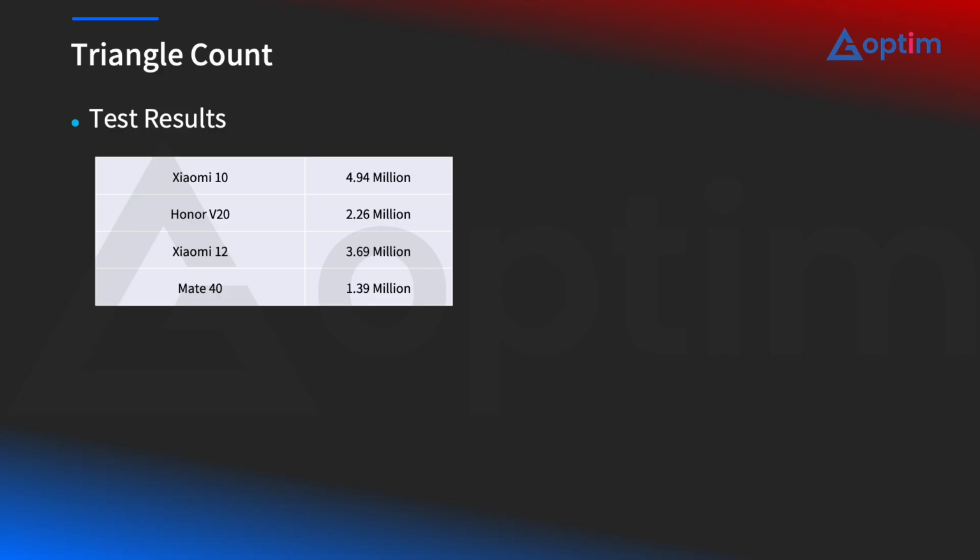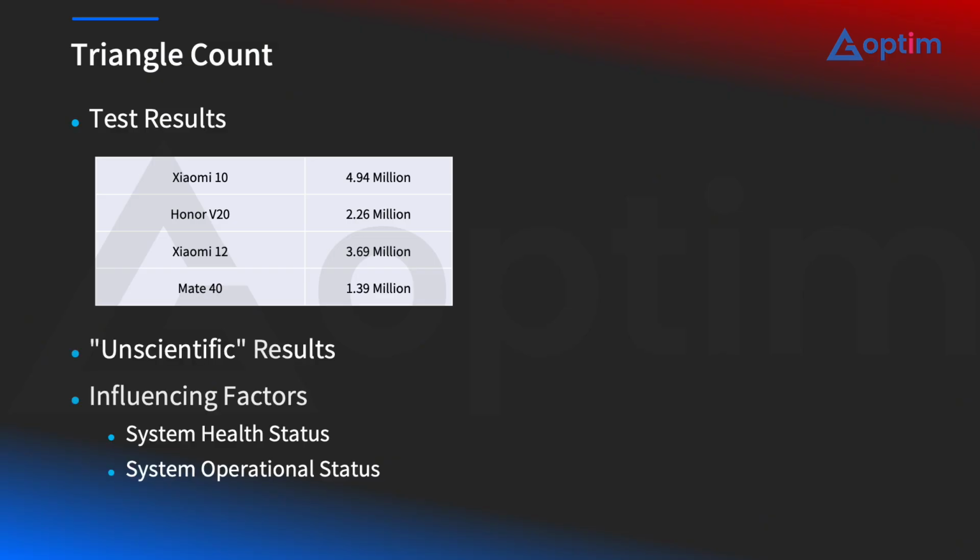There were some seemingly abnormal results. For example, Xiaomi 12 performed worse than Xiaomi 10, and Mate 40, despite being a higher-end device, also showed a relatively low threshold. So intuitively, this dataset does not look very reasonable. We believe there are two main reasons why the results are not